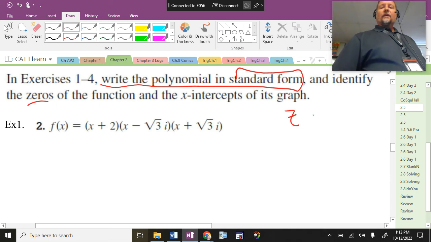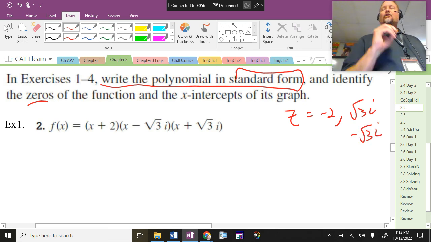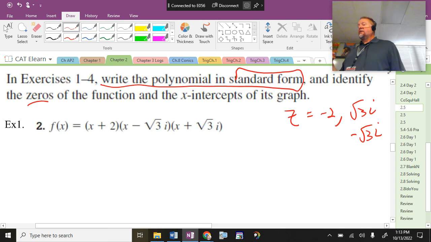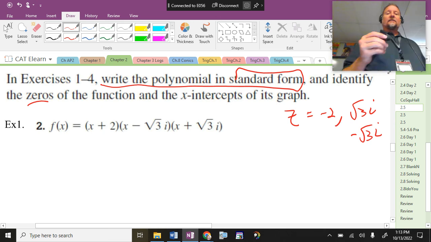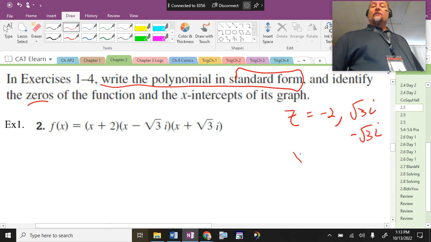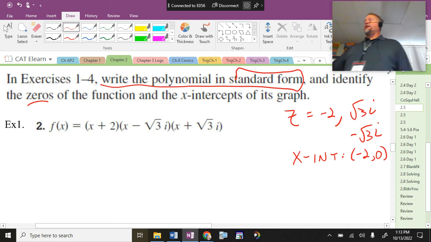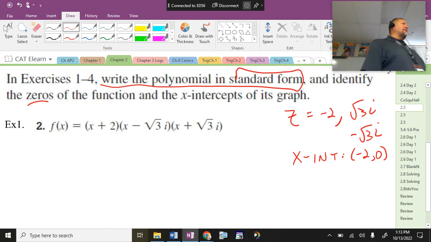The zeros are -2, and then they're root 3i and negative root 3i. Here we go. That's a conjugate pair. So that's the zeros. What are the x-intercepts of this graph? Only -2, 0. The other i numbers do not translate into x-intercepts. So that's why I kind of stopped myself and said, all right, maybe I should, just to